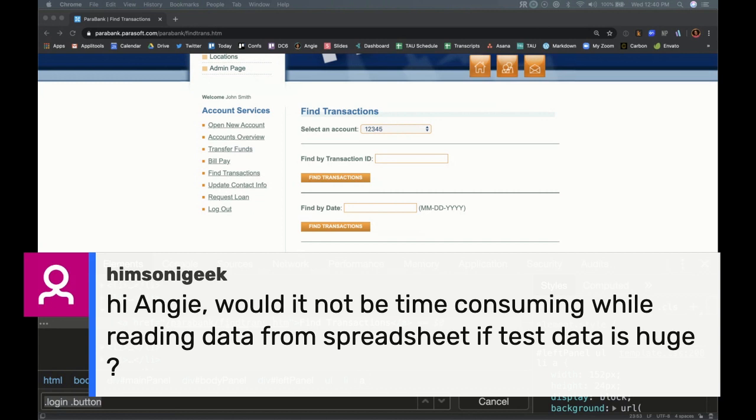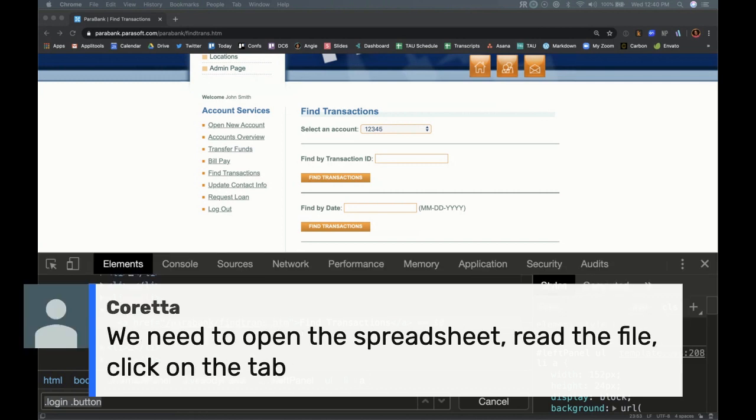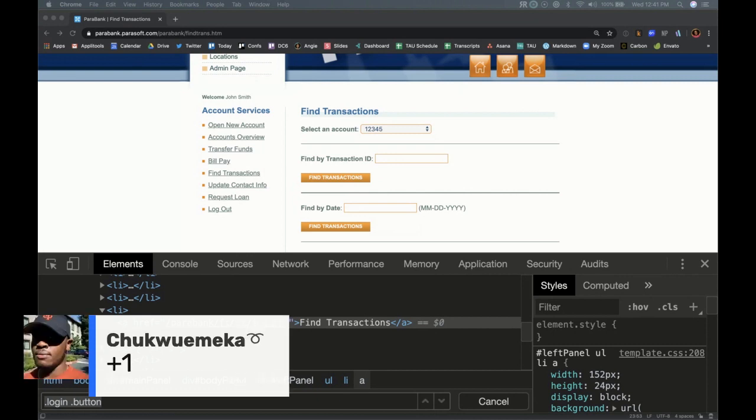Like I was saying, you can use spreadsheets for anything. Maybe you just need to organize something and put it in a different format, like I did with the JSON files, or you need to get something out of there. I've used this another time when I needed to store all of these users and their information, but it wasn't a bunch, it was maybe 500 rows or something, nothing too terrible. All right. We need to open the spreadsheet, read the file, and click on the tab. Yep. Okay, I see some plus ones, some kudos.